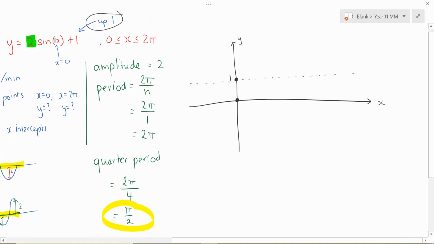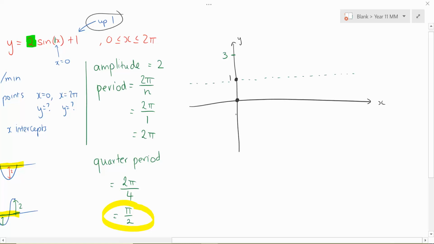Now to find the amplitude, we found the amplitude was 2. So that means that to get to the maximum, 1 plus 2 would have to be 3. That's the only way to get the maximum with amplitude 2. So from 1 to 3, that's a distance of 2. By the same concept, to go down, 1 take away 2,